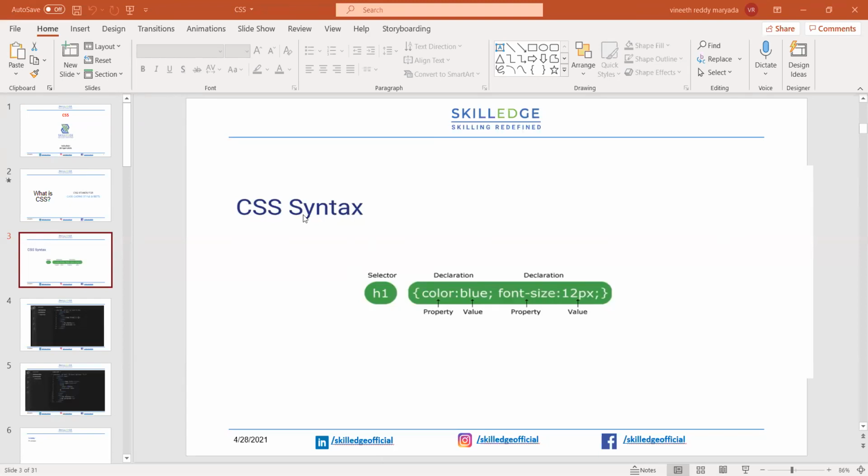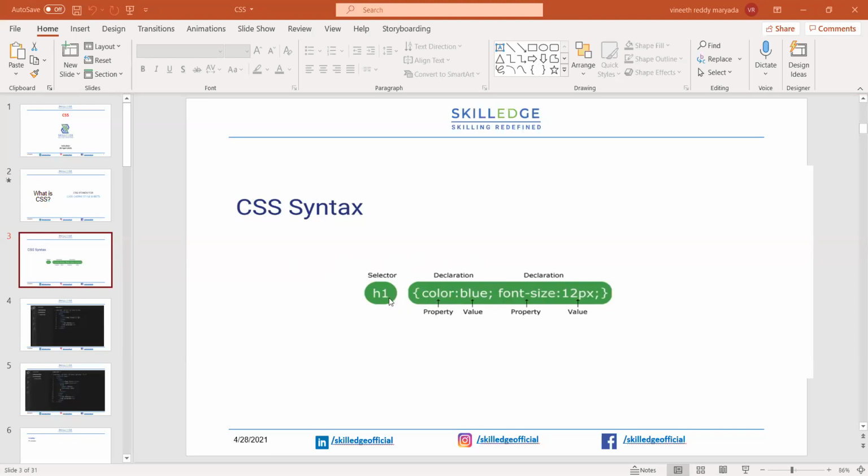This is the simple CSS syntax which we are going to follow. If you see here, we mainly have two blocks: one is the selector block and the other is the declaration block. We have mentioned H1 on the selector side, which means all the HTML elements can be used as selectors.